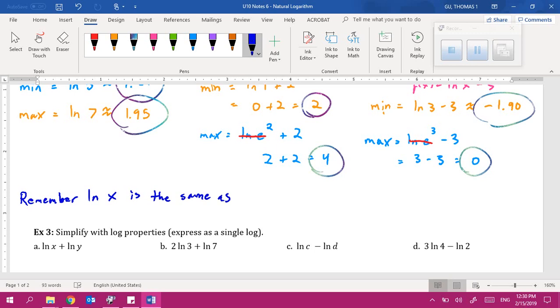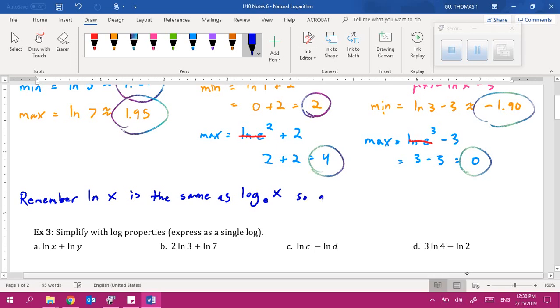Log base e of x. Remember, e to the x is the inverse of ln of x, okay? Because ln of x is the same as log base e of x,